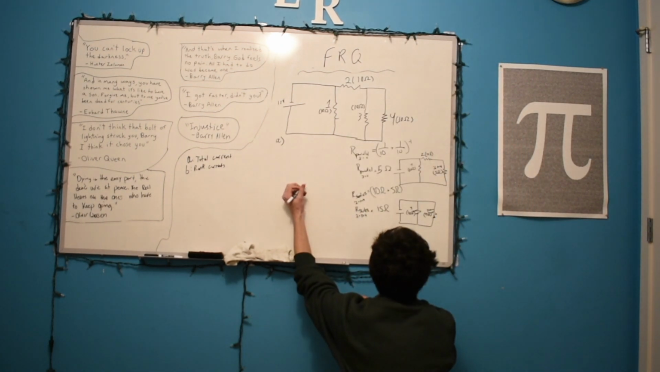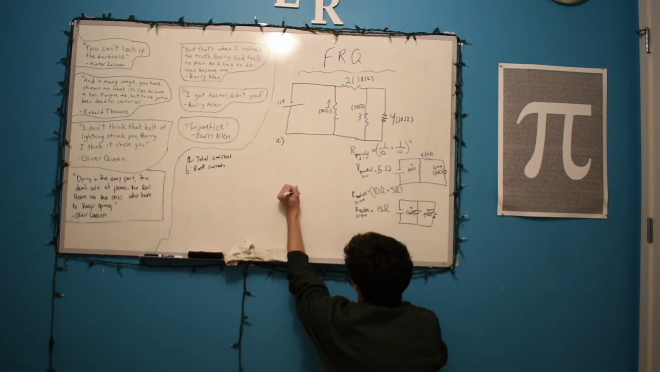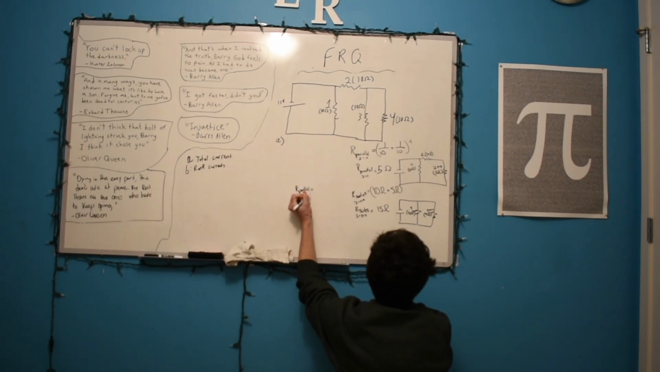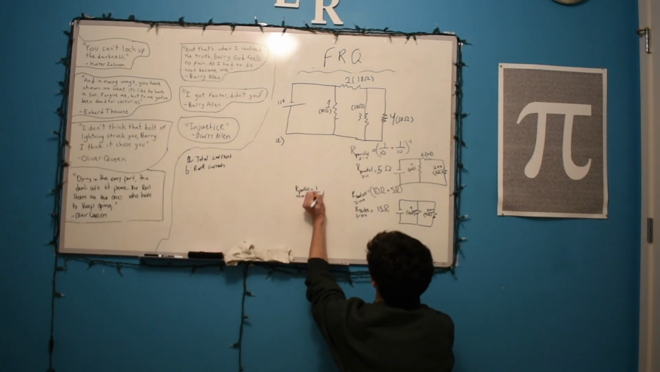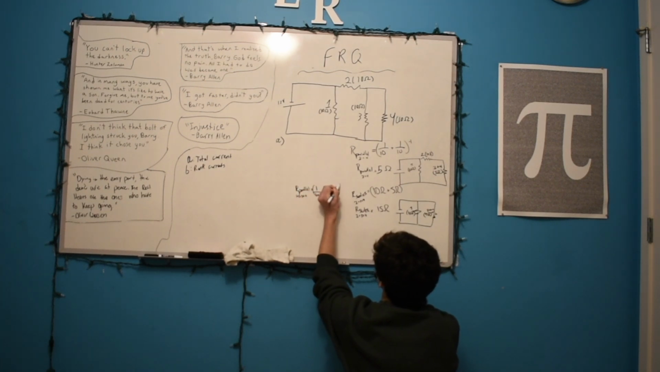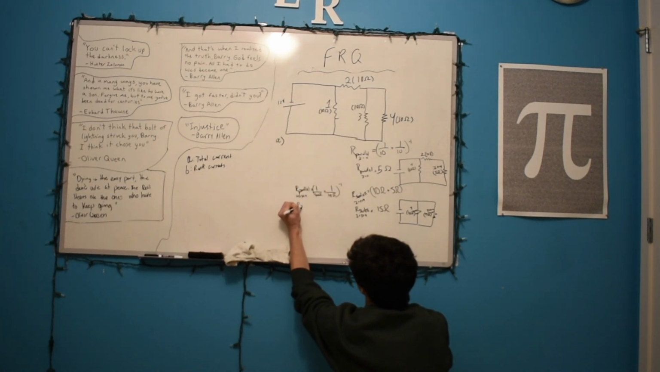Alright, this parallel. R parallel of 1 plus 2 plus 3 plus 4 equals. You need to write that. Parallel is 1 over 10 plus 1 over 15 ohms to the -1, which is